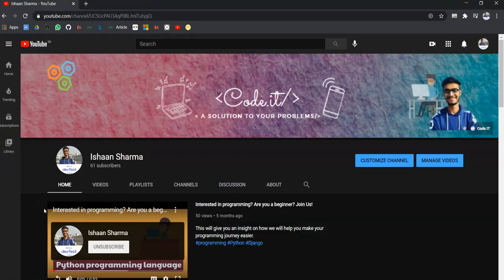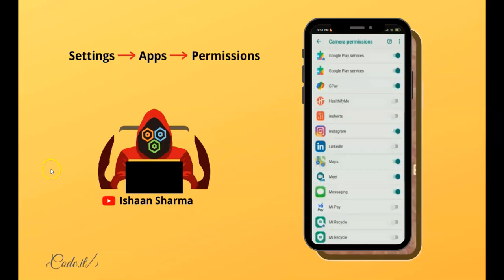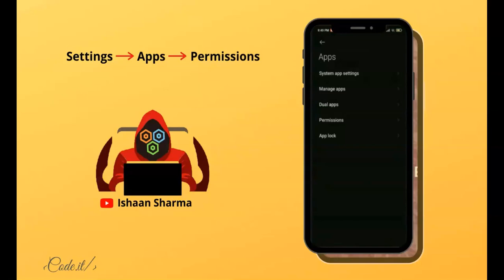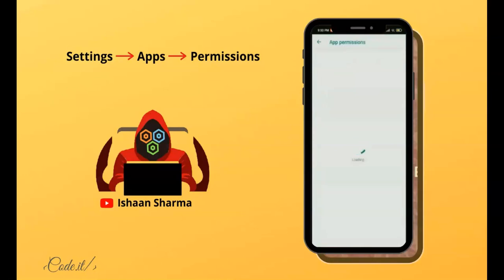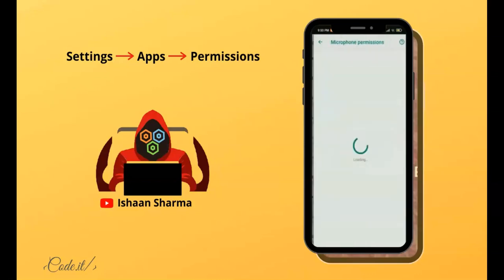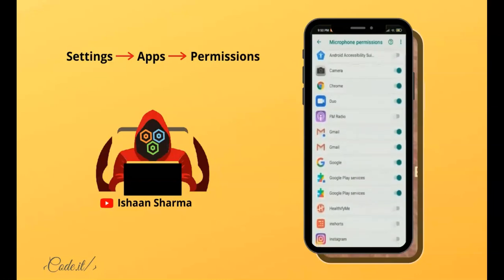Now let's move to mobile phones, and I'll tell you some of the main steps you should do on your mobile phones to make sure that your privacy is preserved. Go to settings, then apps, then in apps click on permissions. First of all, untick the camera and microphone access for the apps which are not necessary. Some apps are using your microphone without your consent, so please untick that